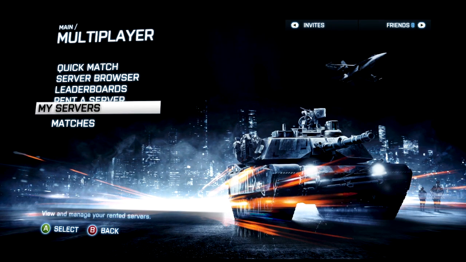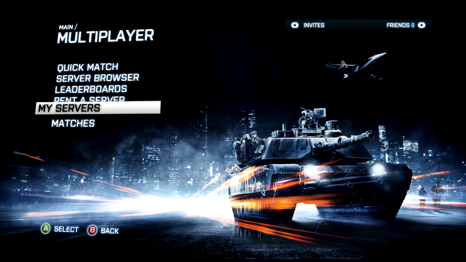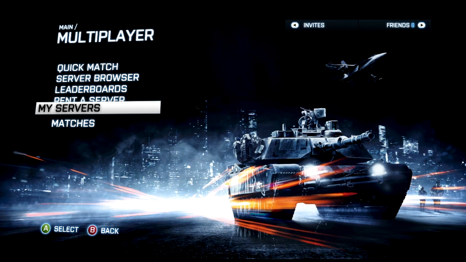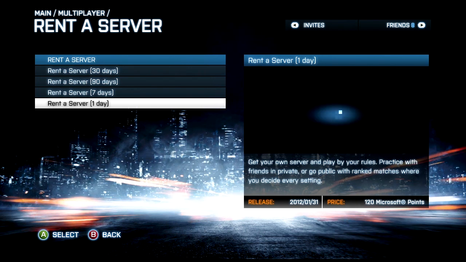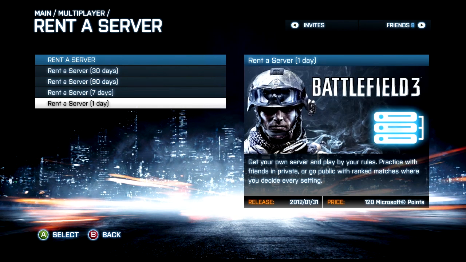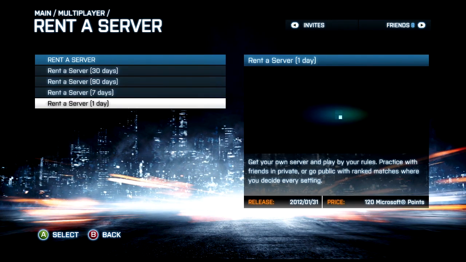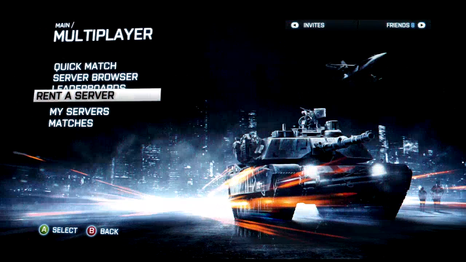Now, it's really nice because on the Xbox you can rent servers for 1 day, 7 days, 30 days. So it's a lot easier to actually get a server for yourself and your buddies to play on, which is a feature that I miss on the PC. On the PC you've got to deal with third-party companies, and it's a whole big process, whereas here you just say, hey, I want to rent a server for any of these options, and you pay with Microsoft points, or on the PS3 you pay with actual money if you have a credit card saved on PSN or whatever. So that's really quite nice and convenient, which probably also explains why so many kids are running servers these days